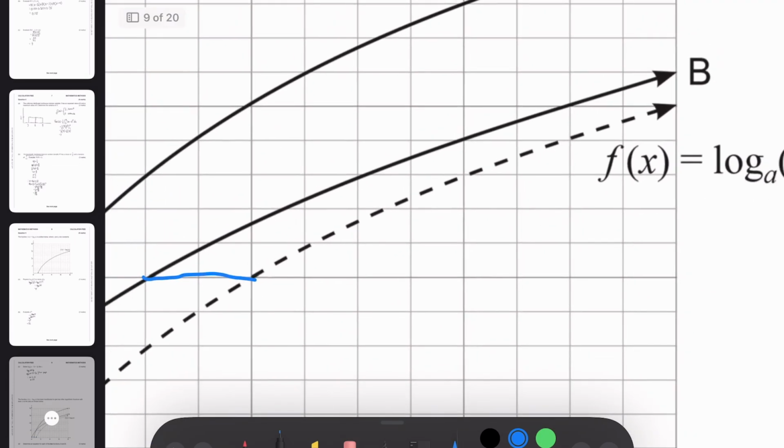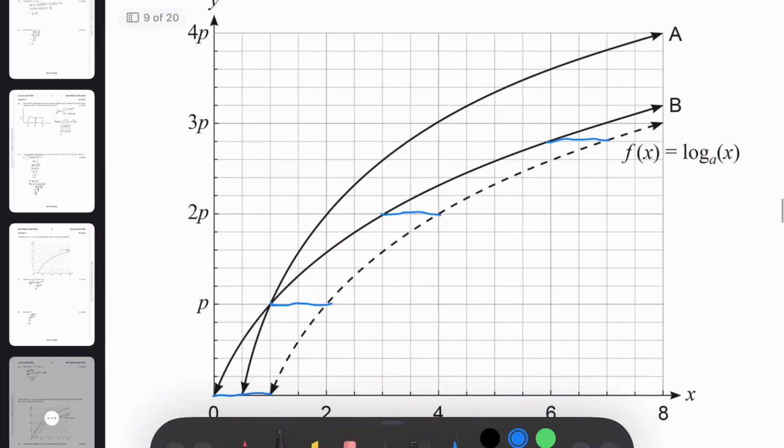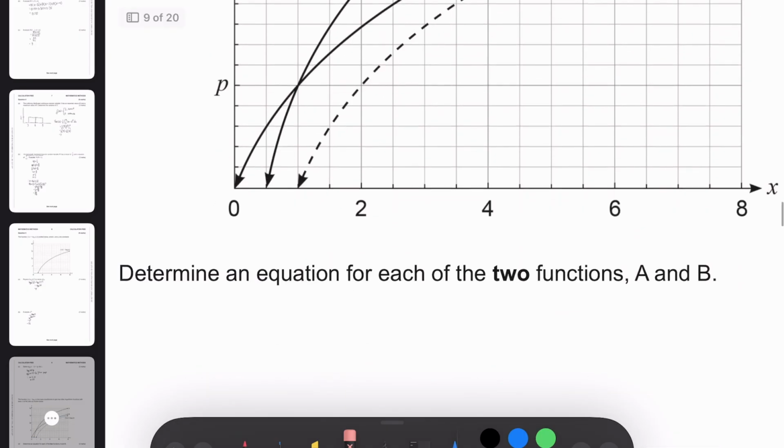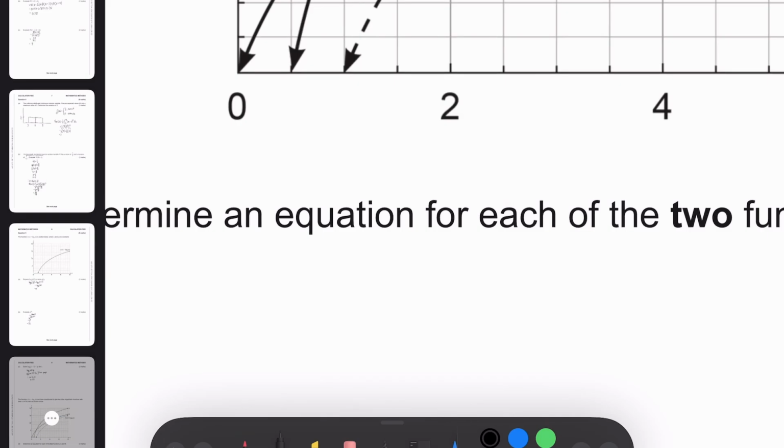For example, whenever p is equal to like 2, 5, 6s here, it's always 1 unit away. For 2p, we're at x equals 3 and then x equals 4. For 0, we're at x equals 0 and x equals 1. Okay, it's always 1 unit away, and it's 1 unit away to the left,